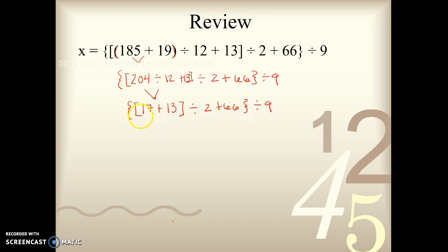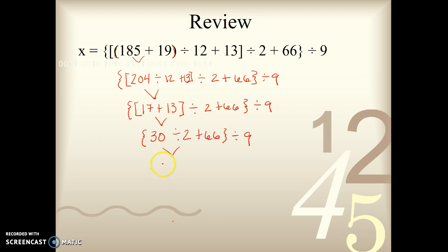Okay, now I'm going to solve within this parentheses. Okay, 17 plus 13 is 30. Now I can take those away. I can take each parentheses away as I solve in them, and I'm left with only a number and no operations. So now I've got 30 divided by 2 plus 66 divided by 9. Okay, now I've got two operations within this set of parentheses, so I'm going to solve them according to order